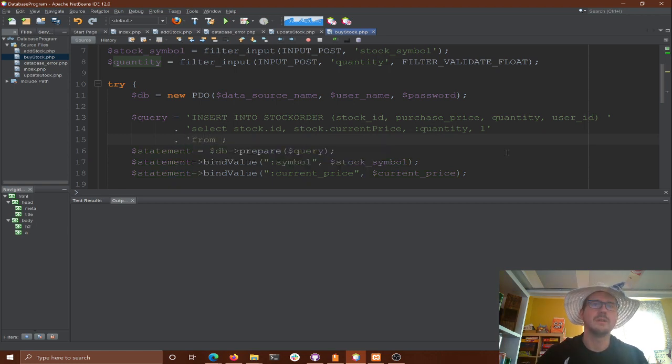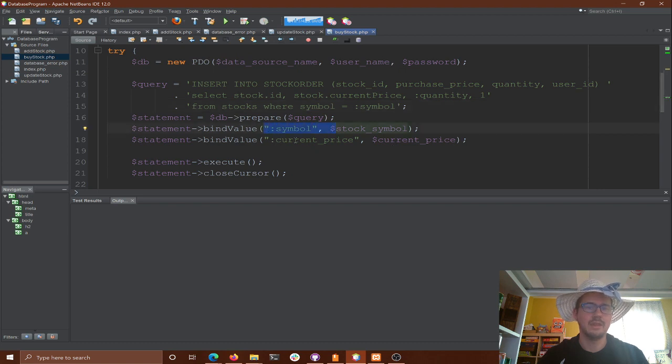Where are we going to get that data from? We're going to get it from stocks where the symbol is equal to the symbol. Okay, so I'll get the ID and the current price where we have a symbol.